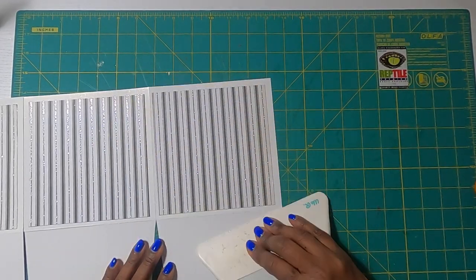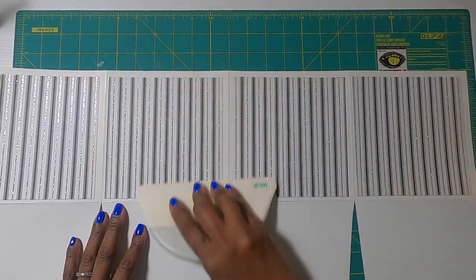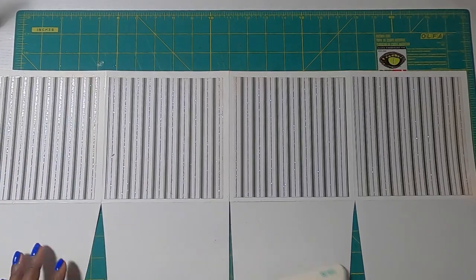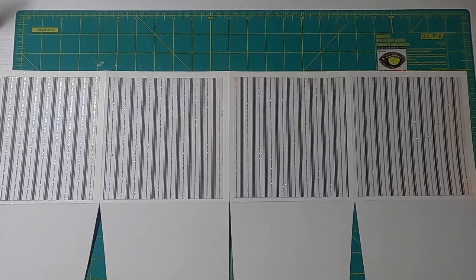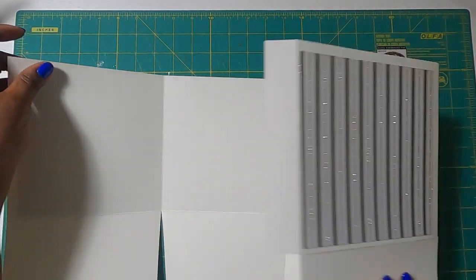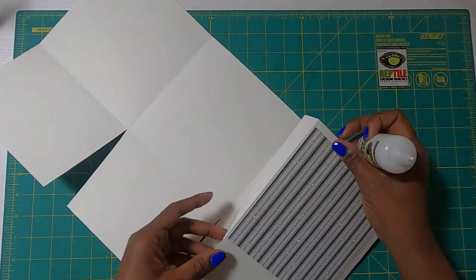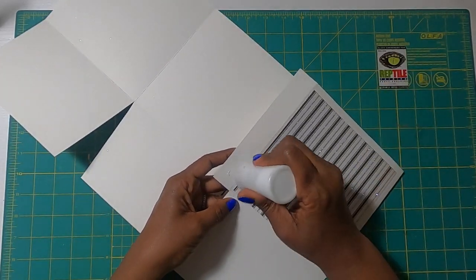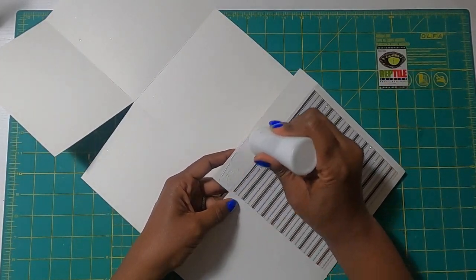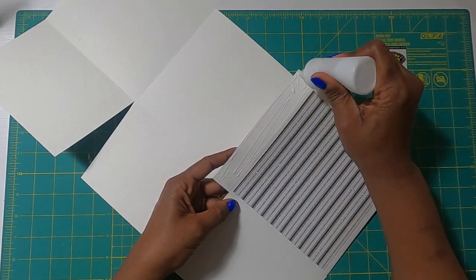And now I'll just use my big old spatula to go across this piece and get everything nice and stuck. And so now we have a box that is ready to be put together. Putting it together is going to be oh so simple because we already have our glue tab. And I just need to take my Reptile Glue and I am just going to place my glue